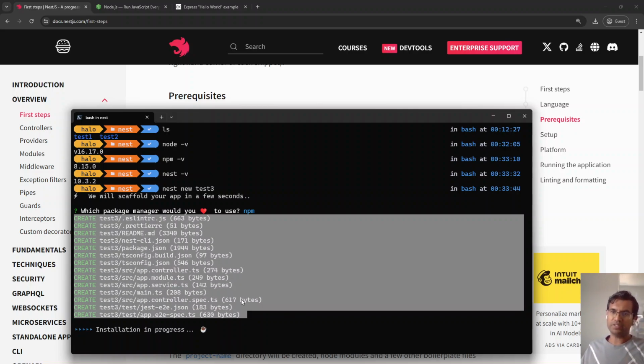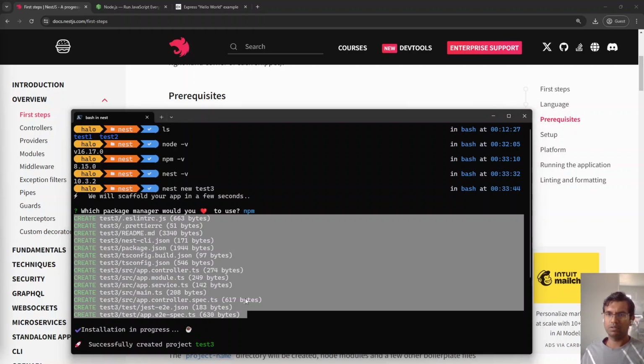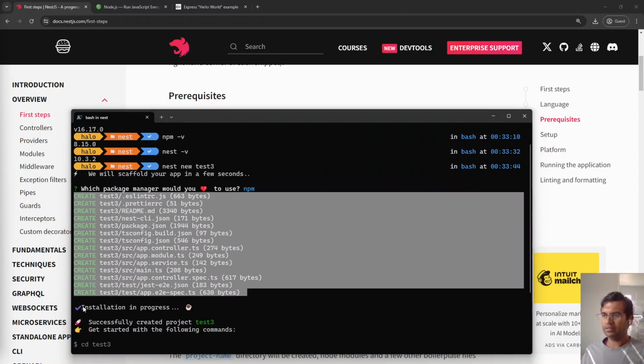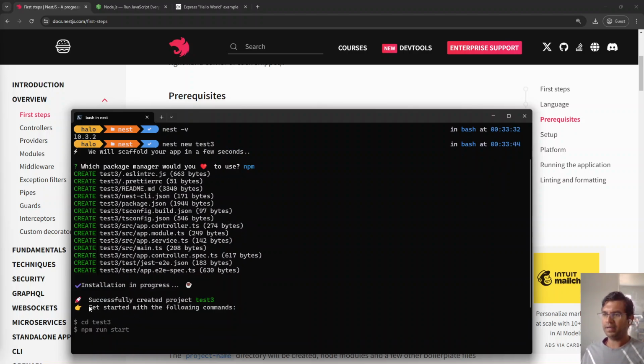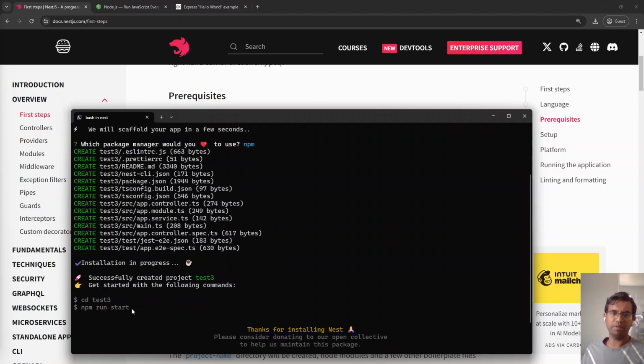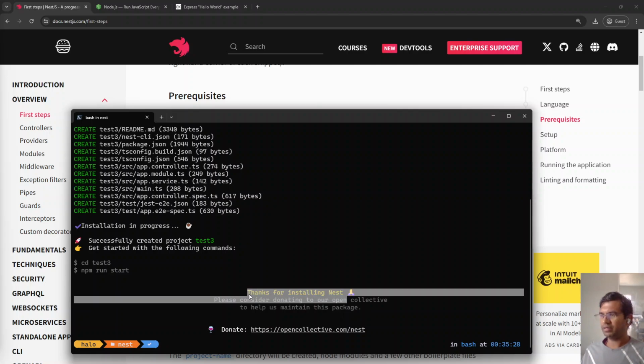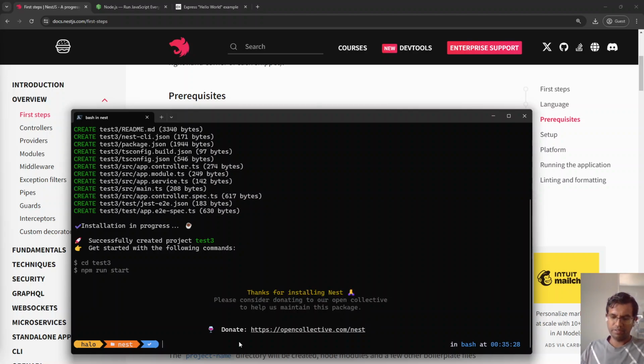That whole structure of our application is what it's building for us now, as it says installation in progress. All right, so the installation was in progress and then it finished. Then it says successfully created your project, which is test three. And then you can get started with the following commands: cd into your application and then run npm run start. Of course, they have a thanks for installing, and if you want to really donate,